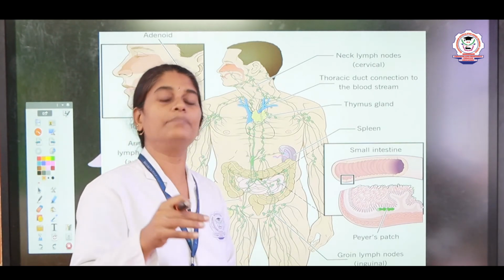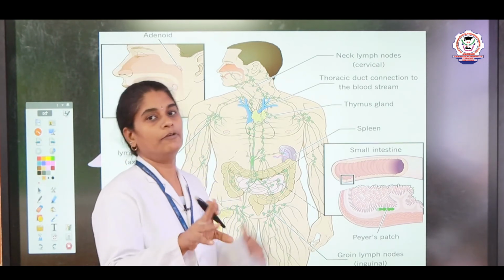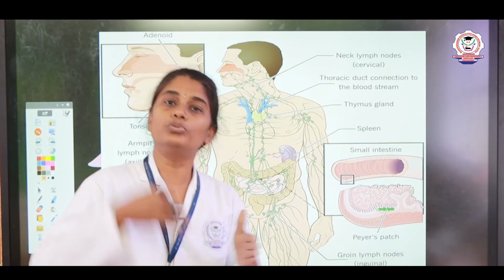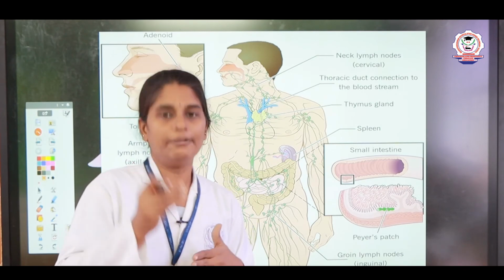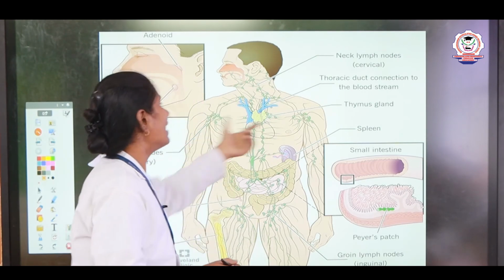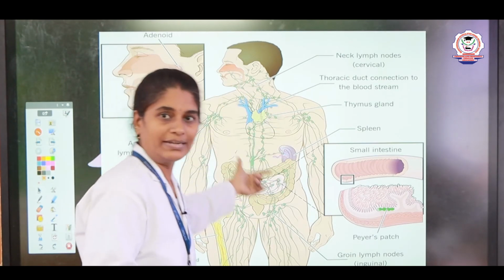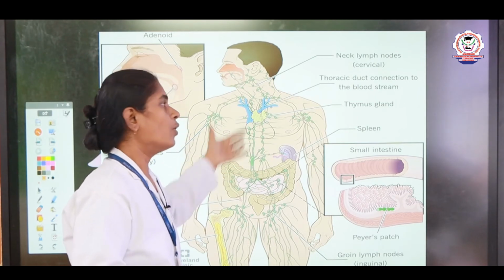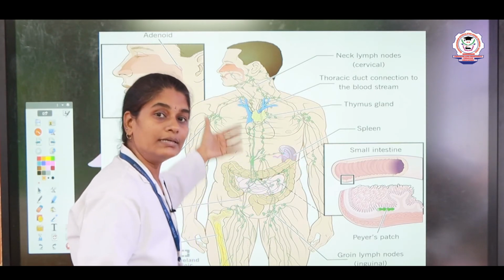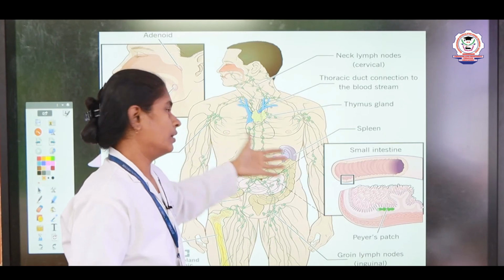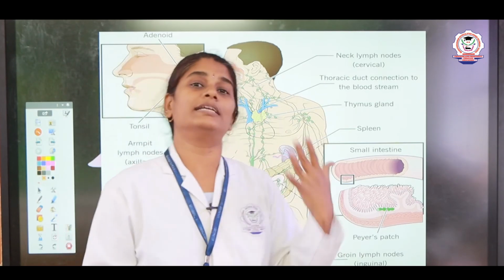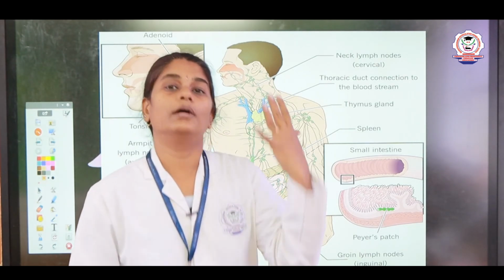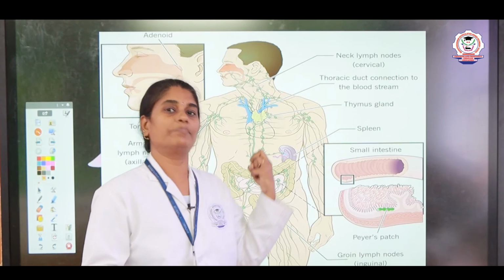In the lymphatic system, the tissue fluid is sent, right. The tissue fluid that is going through the lymphatic system is known as lymph. The lymph is carried through the lymphatic vessels, right, and the lymphatic vessels carry the lymph to all the places. The lymph carries the necessary nutrients, oxygen, and they also take the waste from the